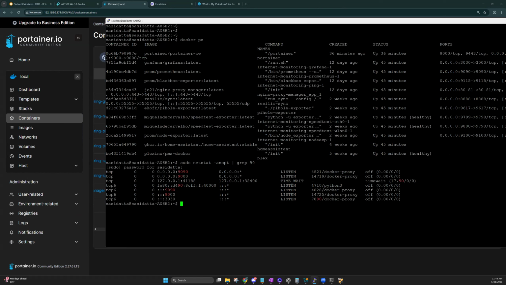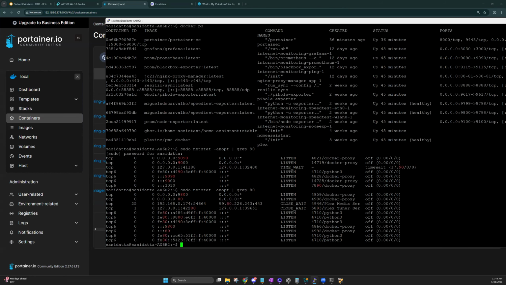If you look for port 80, it's going to the Docker proxy, because Docker is handling the port. Similarly, if you look for 32400, this is Plex, so this also comes up here. And if I just see all the ports,